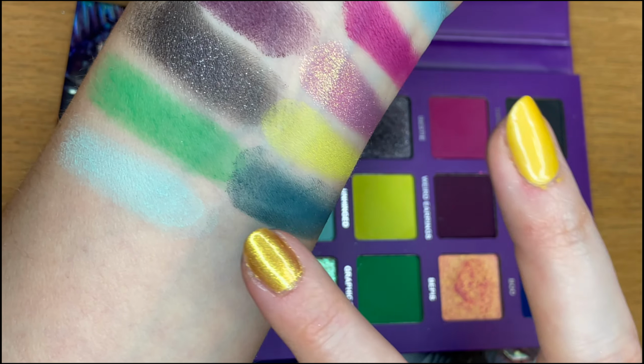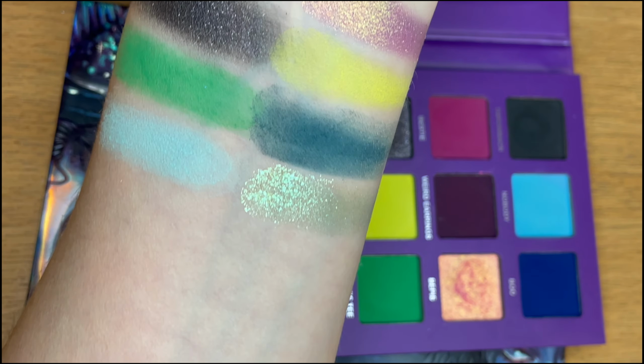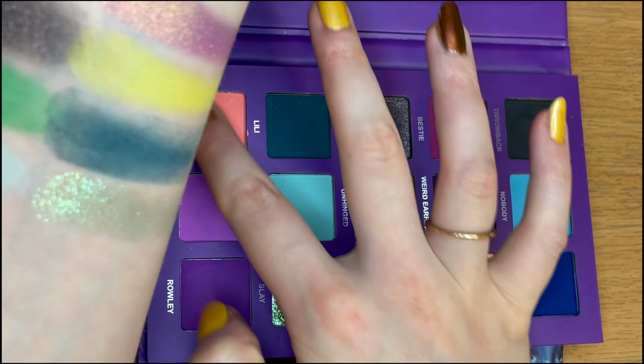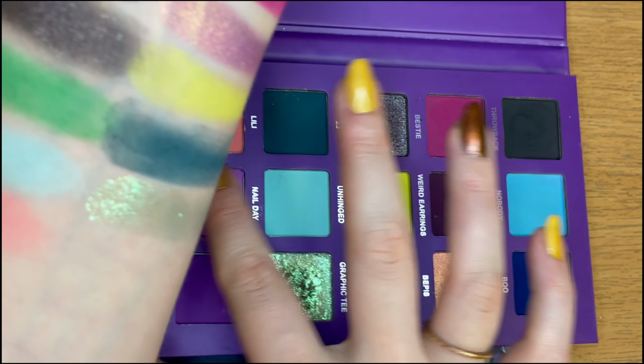Then Slay, which is my current Pendos eyeshadow shade, and I'm sorry, but this one is just magical, and you can use it with any look, no matter what colors you use, and it's going to be absolutely stunning. So this one,